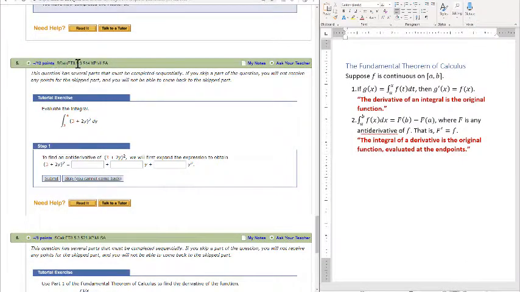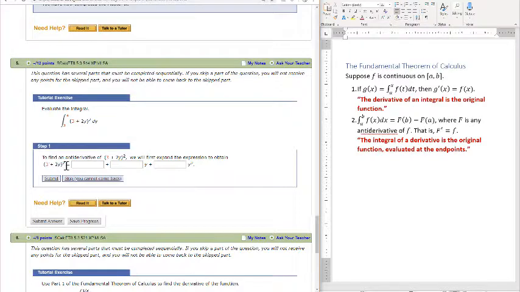Here's a lab problem from section 5.3. It says to evaluate the integral. The integral is going to be an integral from 3 to 4 of (3 plus 2y) quantity squared dy. And so if we're going to integrate this, we don't have any special techniques yet, and so the best thing to do at this point is to